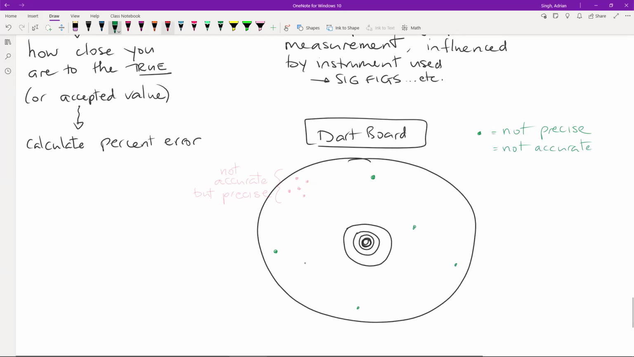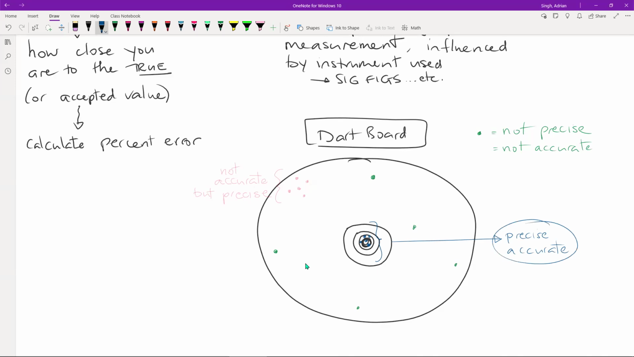Now let's say I throw a third set of darts and I see that the darts end up here. There's 1, 2, 3, 4, and 5. Okay, so these are clustered together here in the middle. So that means it's repeatable. That means that it is precise. And then they're also fairly close to the true value. So then they're also accurate. Okay. So that's what you want to aim for